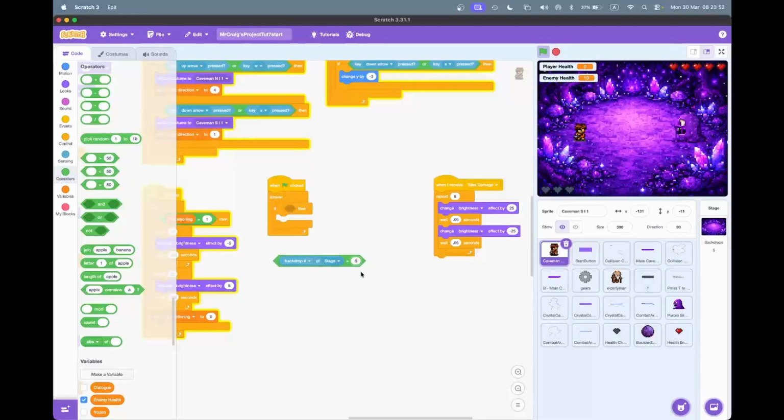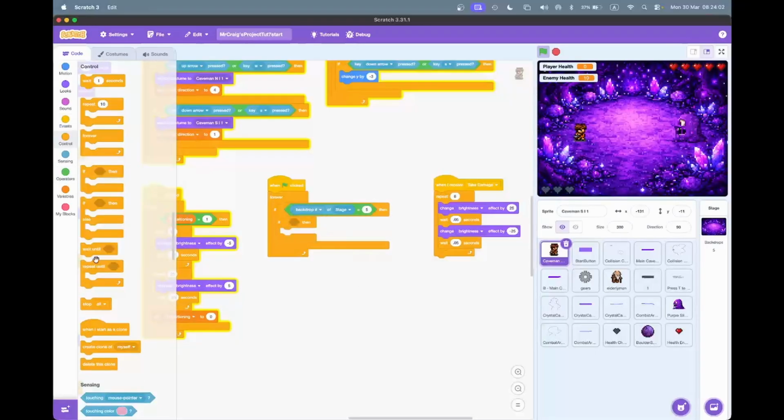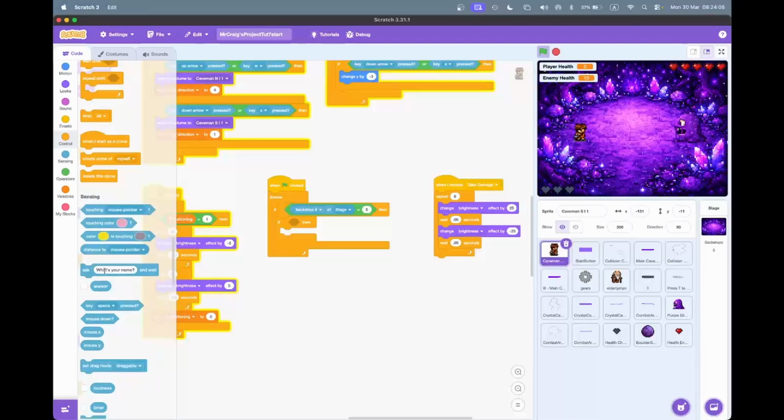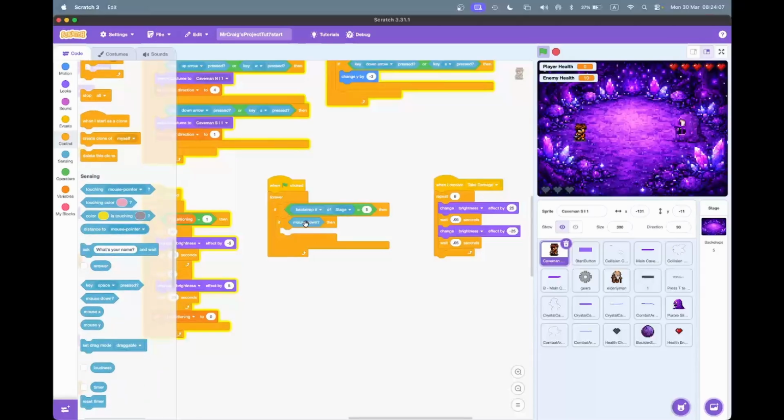So if backdrop number of stage equals 5, then if your mouse is clicked, should be a sensing, mouse down,